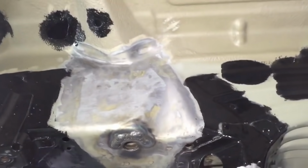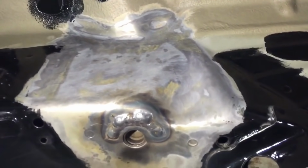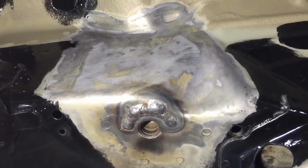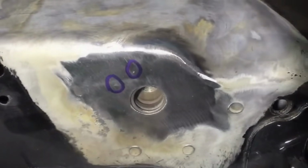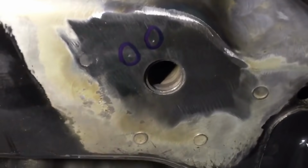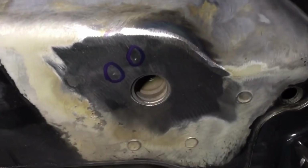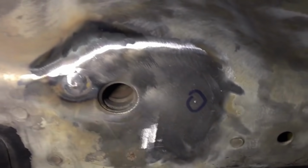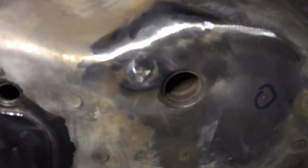And then once the MIG welds here are gently flattened down and checked one final time, we can then start the reinforcement plate work. So after cleaning the welds down, there were a couple of imperfections which we weren't happy with, circled in blue. So on that occasion we drill those out with a spot weld drill bit, replace them with a plug weld there on the left,